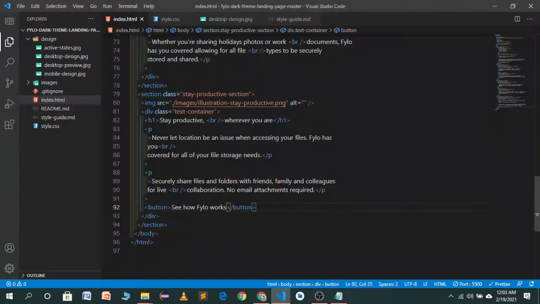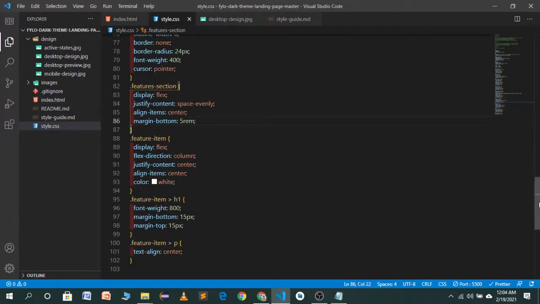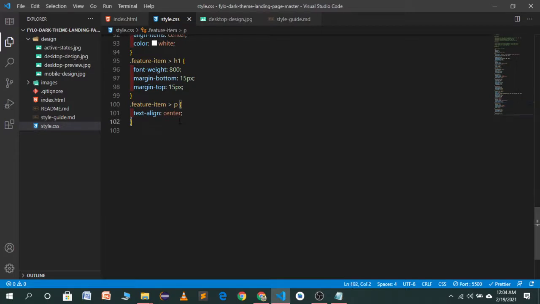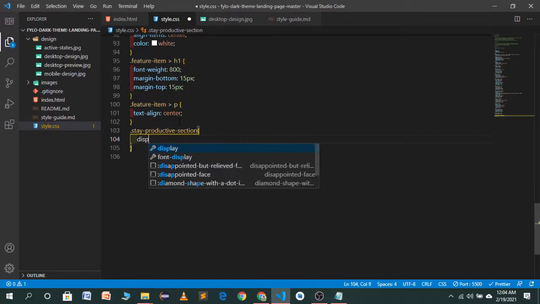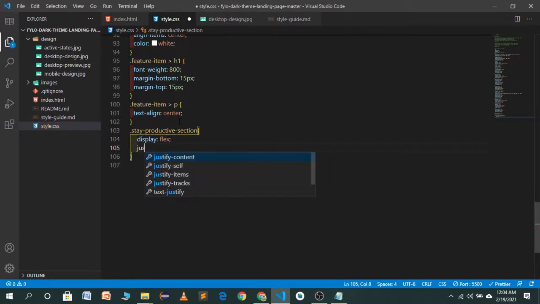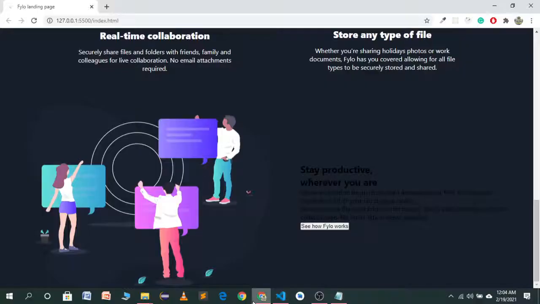Now let's go to our style file, and I will copy the class name, Ctrl C, and here I will paste it with a dot, then the class name, and then I will use display flex, justify content space evenly, align items center. Let's see how it will look. Now you will see it has aligned beautifully in the horizontal direction.